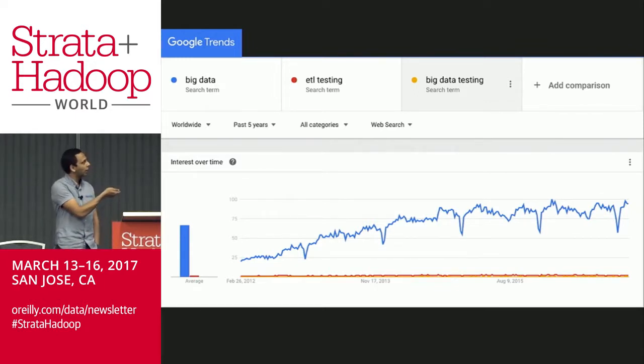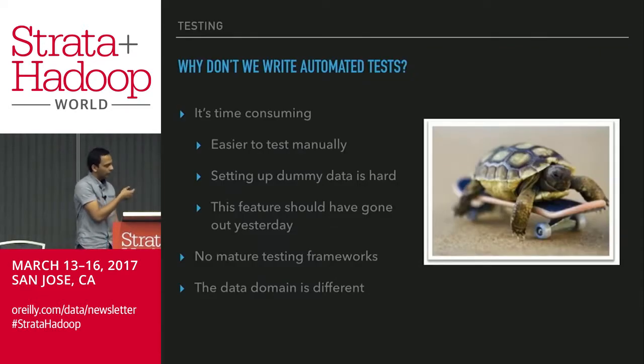Yeah, so I think I'll touch on one of those points. When I started testing, the common concern I heard was that it's pretty time consuming. So it was just easier to log on to the console, to any SQL client, run your queries, get the results, and start testing that way. And then testing edge cases or corner cases was hard because setting up dummy data is hard. And then, as with any software development project, this feature should have gone out yesterday. So the common thing with most developers is that they're in a time crunch, and the first thing that goes out of the door is whether they should have actually tested the code and delivered it to QE